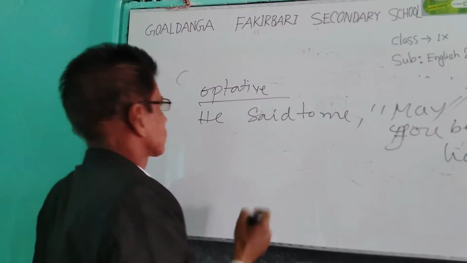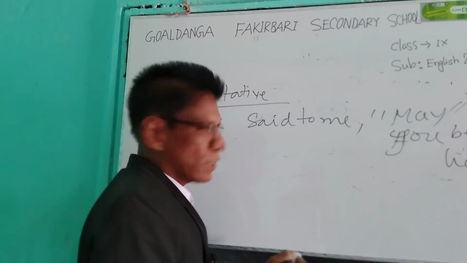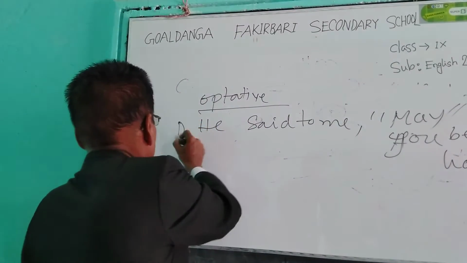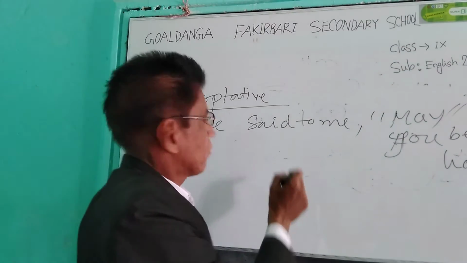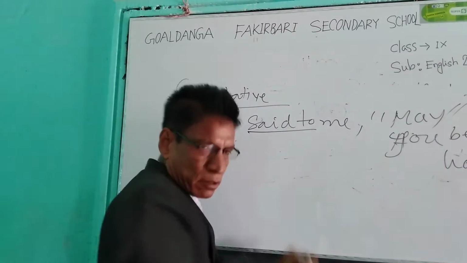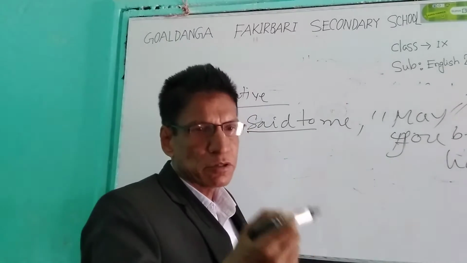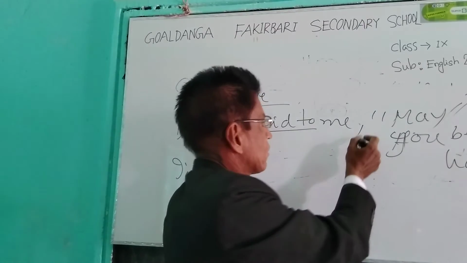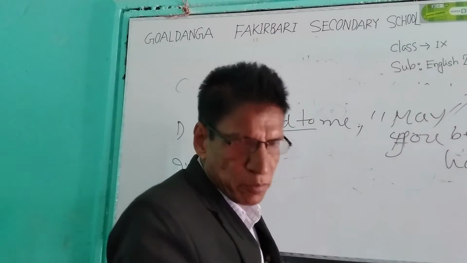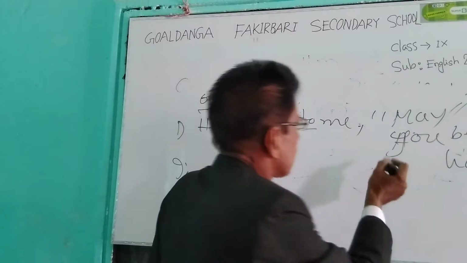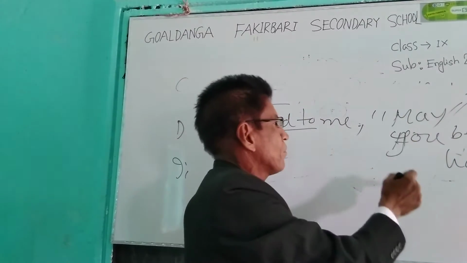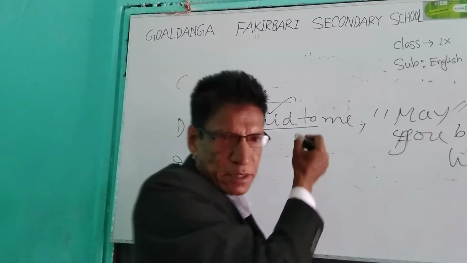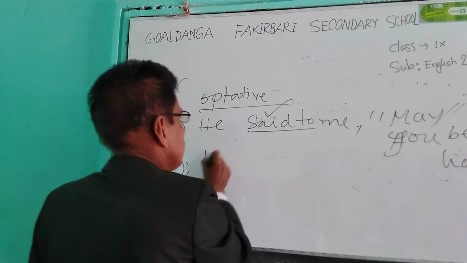So, before changing an optative sentence from direct to indirect, these are the rules. We can use prayed or wished instead of said to or said. We can use wished or prayed, and that will be used instead of the comma and quotation marks. And now the person, and then may also turns into might, because here the reporting verb is in the past tense. Said is a past tense. Okay, understand the point? He prayed,